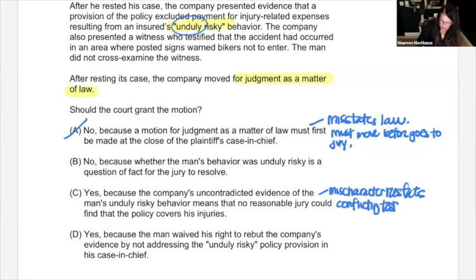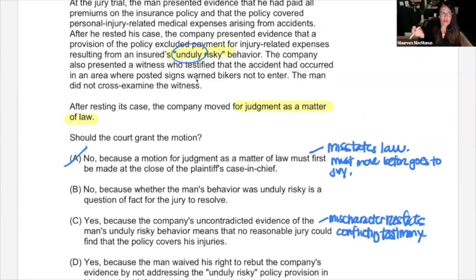And something I'll say is one thing you've got to watch out for is you might have seen this and said, okay, well, he went in an area that warns bikers not to enter. But we don't know why it says that. We don't know what the conditions are. So you have to make sure that you're not being hyper vigilant here for the biker, for instance,